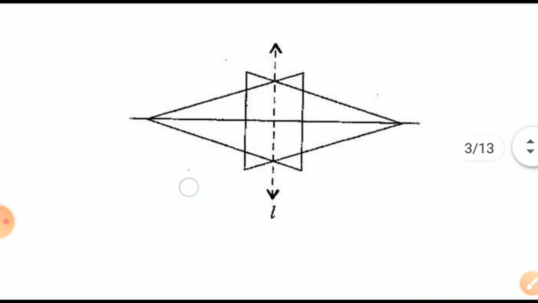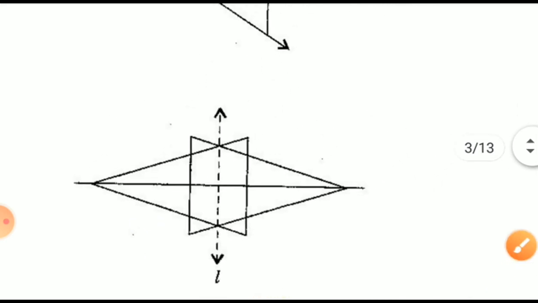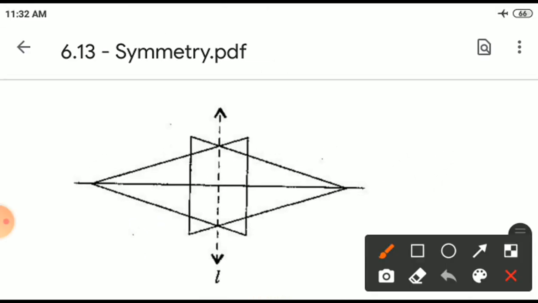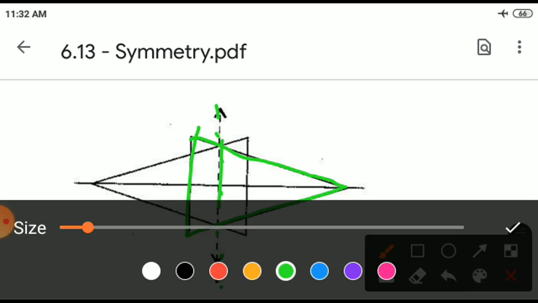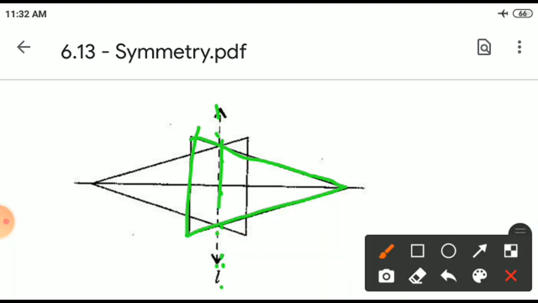Yes, my dear student, this was a very interesting question. In the question, I am drawing with the green color, and you can find the answer with a different color. This was the question given, but the green color se diya hua question hai. Line of symmetry is given here, L. Now I am trying to get the answer with the red color. When you fold it from here, you will get the answer this way.